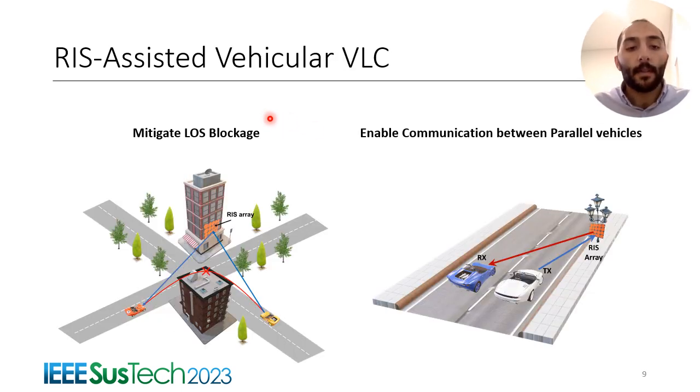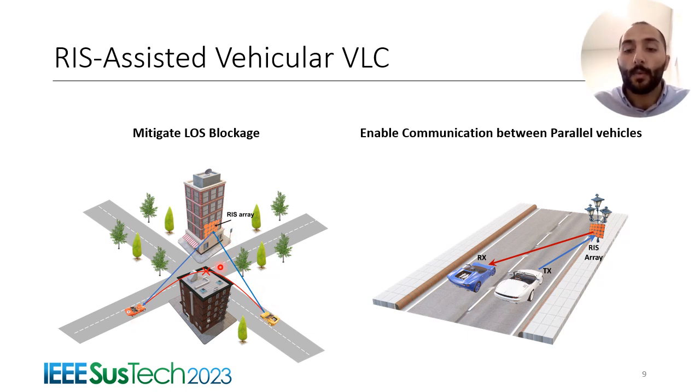The second application that I will highlight is how RIS arrays will support vehicular visible light communication. In such technology, the head and back lights of the vehicles are utilized as VLC transmitters and receivers. Here we discuss two examples: mitigating line-of-sight blockage and enabling communication between parallel vehicles. For the first, if two vehicles approach a road intersection, the line-of-sight link can be blocked by large buildings. However, by having RIS arrays installed on buildings near the road intersection, they will create a non-line-of-sight